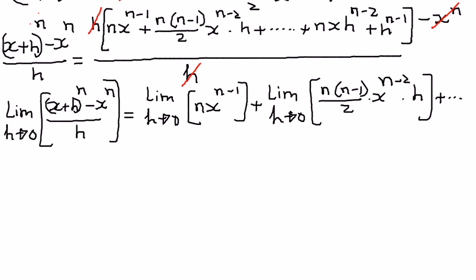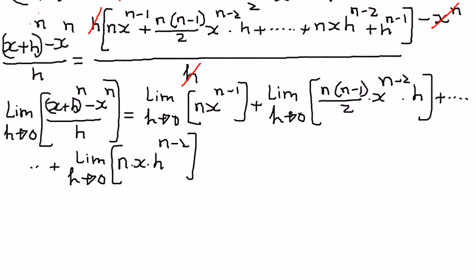plus, and I'm going to put some dots in here indicating that there are several more terms in between, and we're going to write the last two terms in here, and those are limit as h approaches 0, open brackets, n times x times h to the power of n minus 2, plus limit as h approaches 0, h to the power of n minus 1, close brackets. Now as we can see